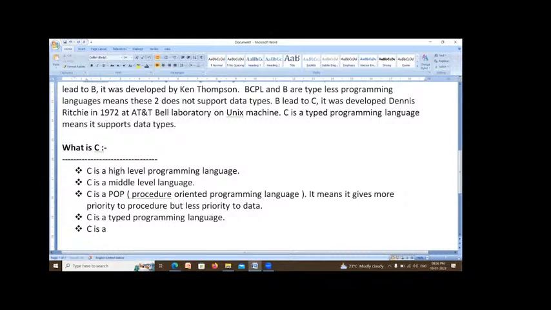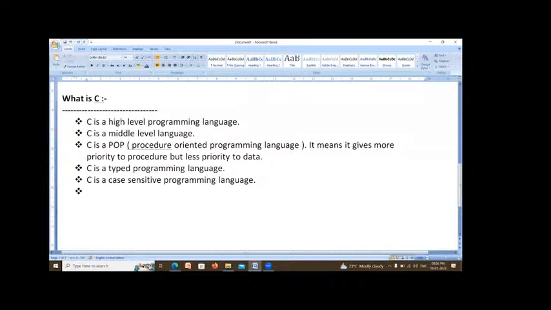C is a case sensitive programming language. What is the meaning of case sensitive? Suppose it is small a. Capital A and small a are both different. The sound is the same, it is A, it is also A, but one is capital A and the other is small a.